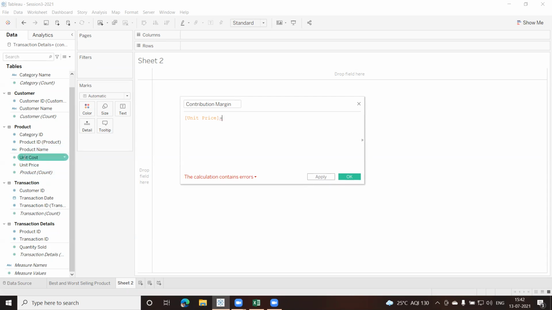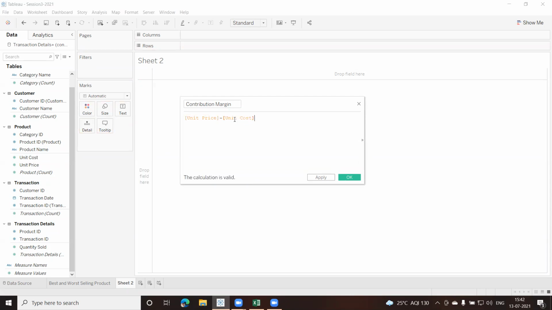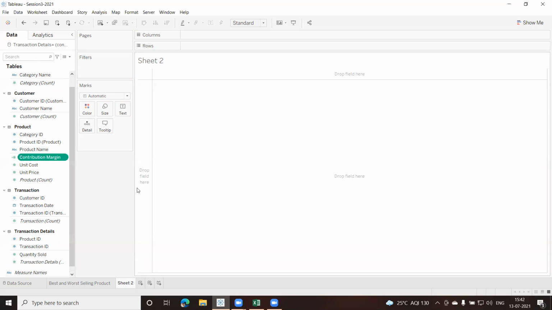So this is my cost. I'm going to take this and put it here. As soon as I do this, you can see there's a message getting displayed: the calculation is valid. So if my calculation is proper, I can just click on OK. A new measure gets created.